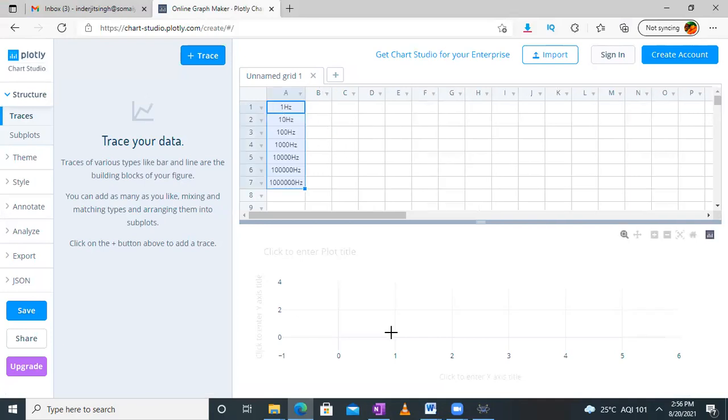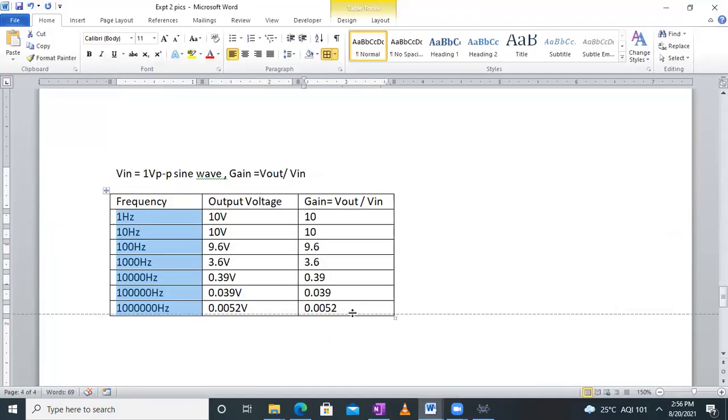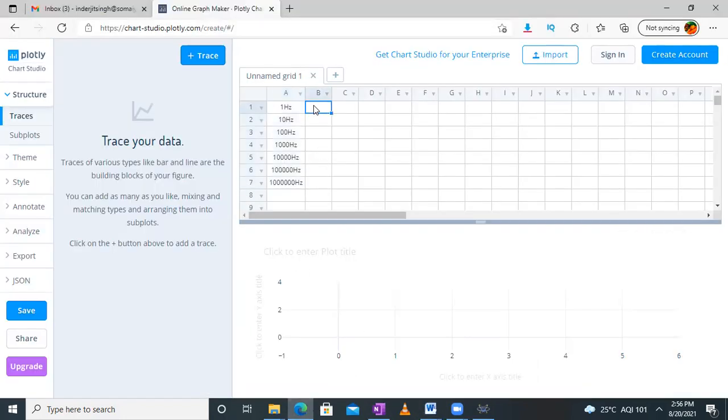Yeah, I have added the frequencies. In the next column, I will enter the gain value. Understand why the gain is remaining the same: because the input is 1 volt peak to peak. Okay, so that's why it will remain the same. So this is my gain. So again, I will go over here and copy the gain. Fine. And I will be ready to trace.